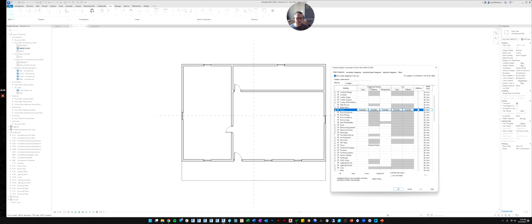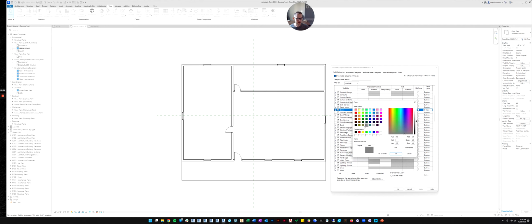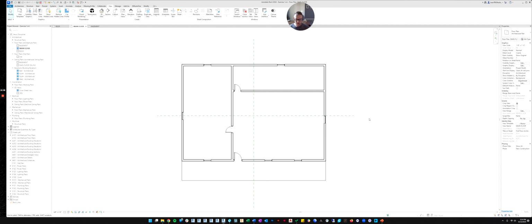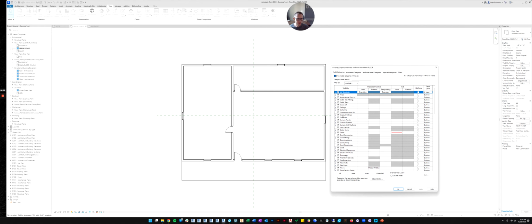All right, the other thing you could do is the cut lines, meaning where the doors are being cut, you could give them a different color. So I could say, let's make the doors bright red. Let's see what I did wrong here. Oops. Visibility graphics. It didn't do what I thought it was going to do. Door. Cut lines. Oh, maybe it's all of the lines. Maybe I need to do...